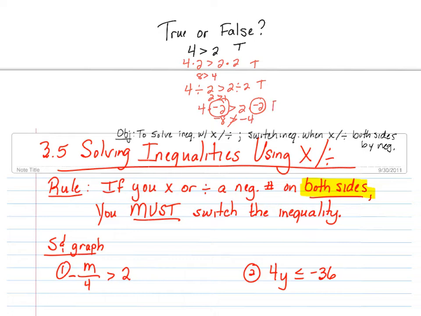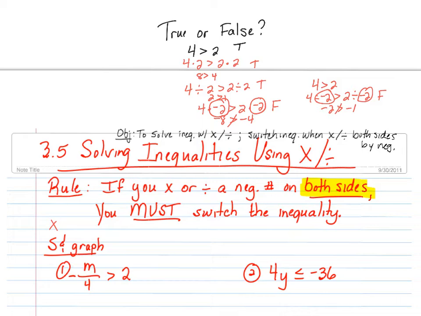That's false. If I have 4 is greater than 2 and I divide both sides by negative 2, is that still true? Well, I get negative 2 is greater than negative 1, and that is not true. That's false. So if you notice, we multiplied both sides of an inequality by a negative number, and it made it false. There is a rule that we need to know,